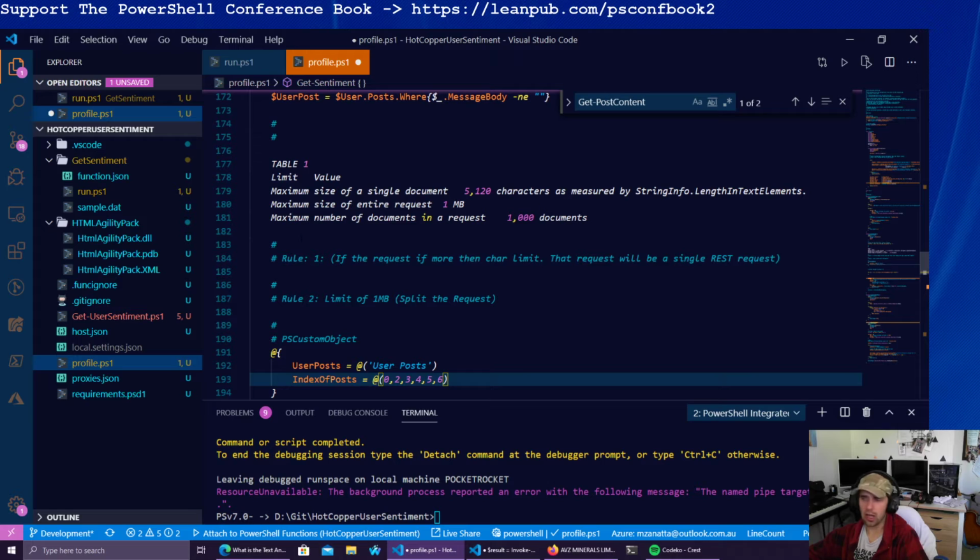So essentially you have the array of user posts, and then you have an array underneath it, which basically corresponds each user post to the ID. And then what we can actually do here,